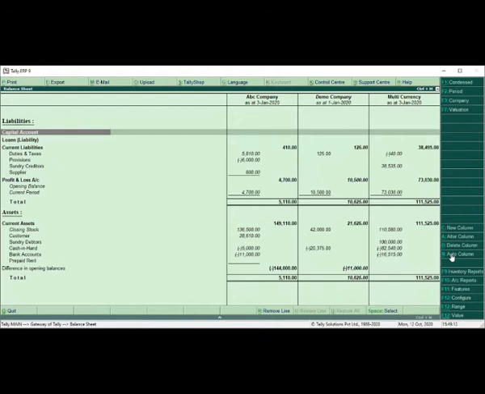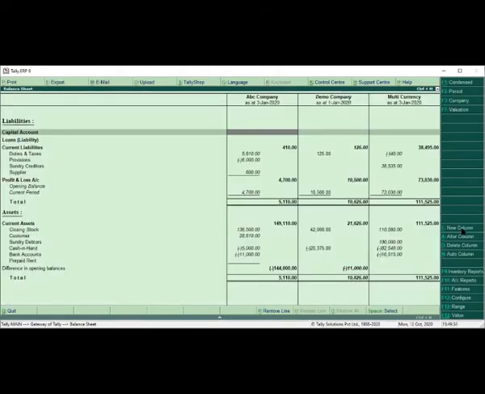So I can see I have opened 3 different companies and it is reflecting 3 different companies: ABC, demo company and multi currency. I want to add one more company. Again I can go to auto column, new column, and I can select a different company and it will get added. I can provide the period from which you want to see the report.